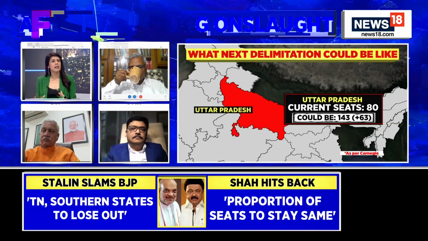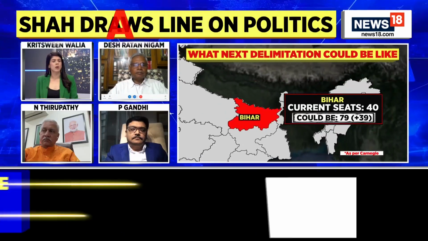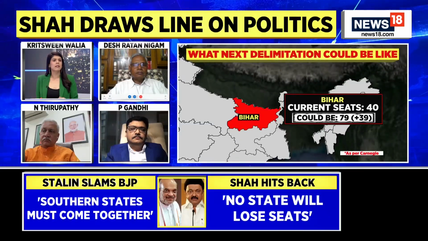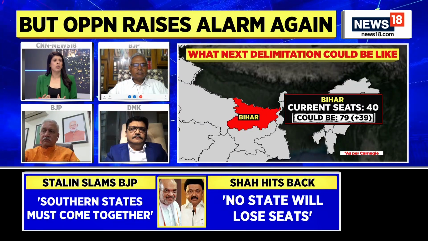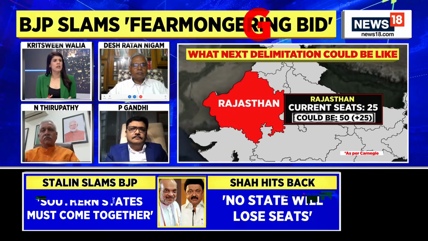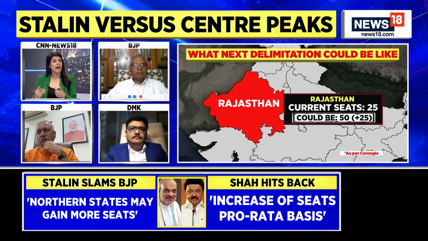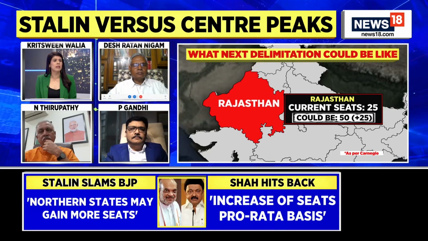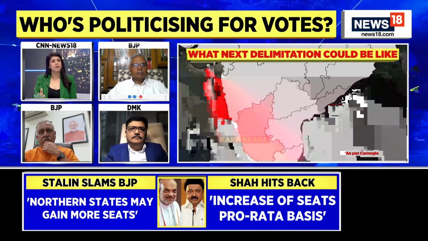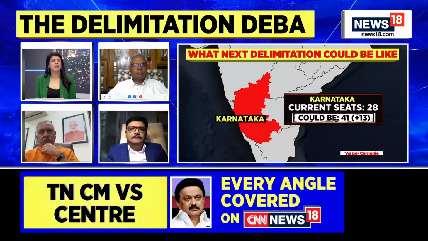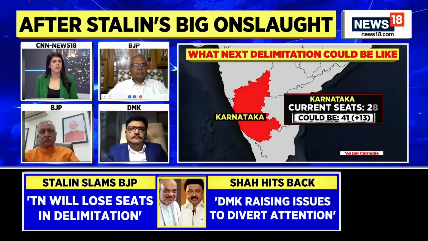They've already declared that we're only going to keep the population factor in mind. We're not going to factor in everything that's been spoken of by several in the opposition, because remember, following our history, we do know several exceptions have been made for southern states, and due credit has been given to them for implementing population control measures. So why is it being taken for granted and no benefit of doubt is being given to the central government already? Who's jumped the gun here?